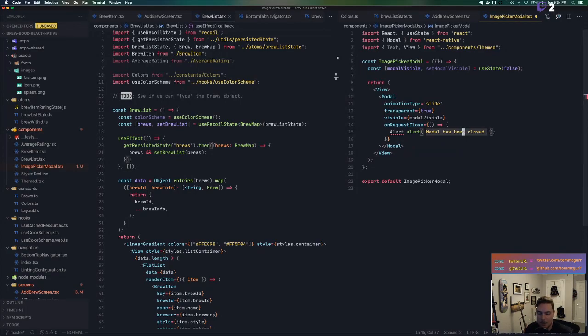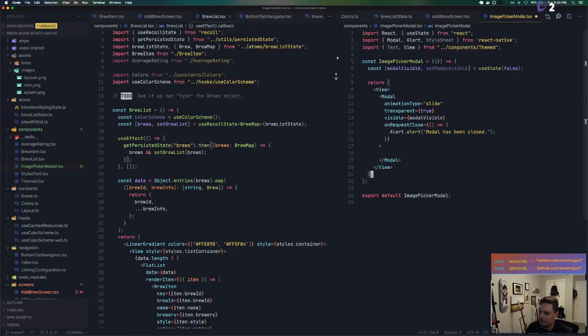So right now we're adding a modal so that we can show whether or not to pick from the camera or to take a picture. So we'll leave this alert. That's fine just for now because we're just testing. So we'll just import that. We can always get rid of it. And so now we'll just have some content. Again, we're going to also import style sheet because we want to be able to style our